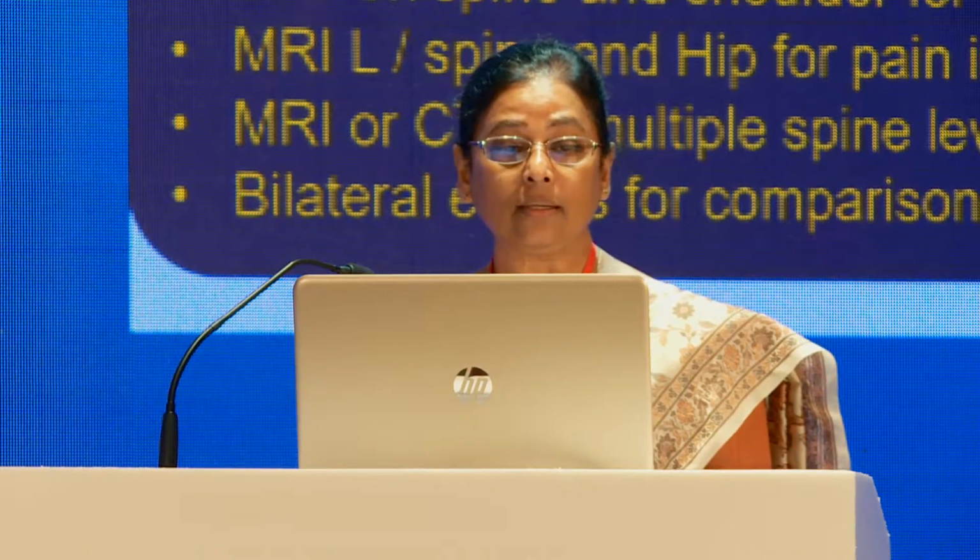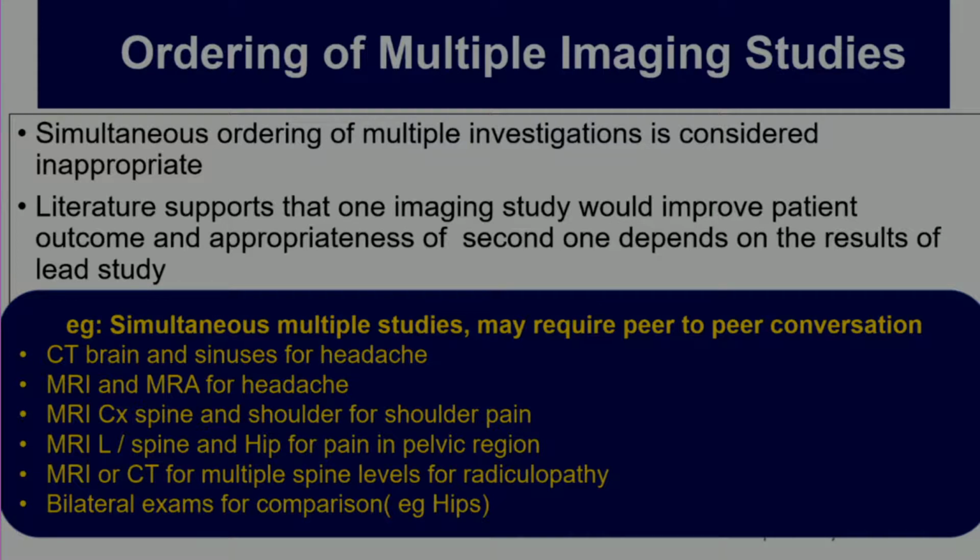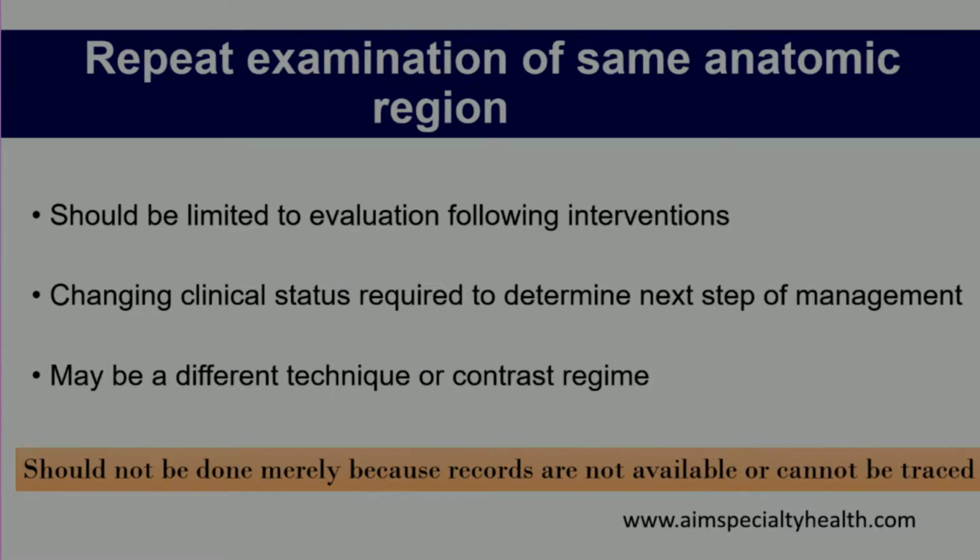So these are certain areas where we get requests for CT brain with sinuses at the same time for headache, MRI and MRA for headache, MRI cervical spine and shoulder for shoulder girdle pain, the lumbar spine and hip, and so on and so forth. So we have to keep away from this practice because you have to be more focused and order one investigation. Definitely the results of the first one will take you to the second investigation, and repeat examination also the same. It should not be done merely because records are not available or cannot be traced, which is a common practice